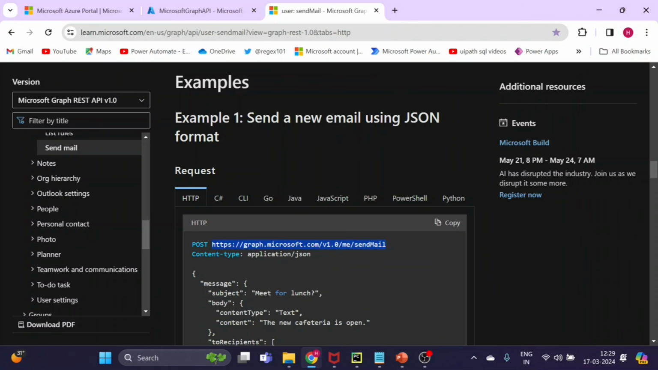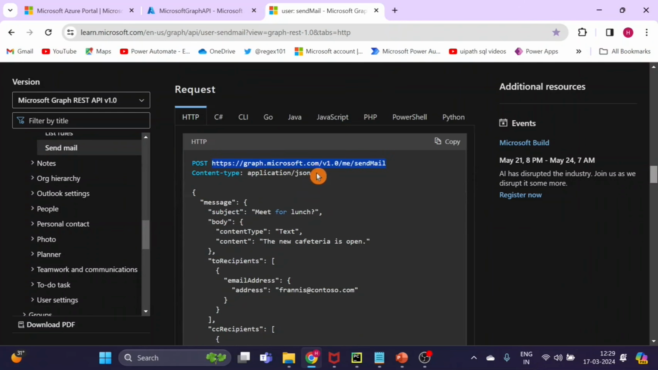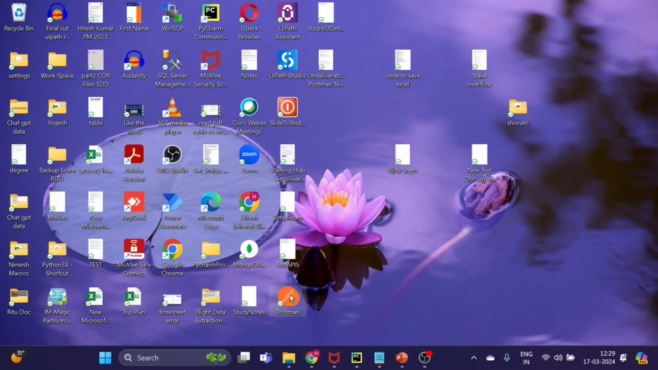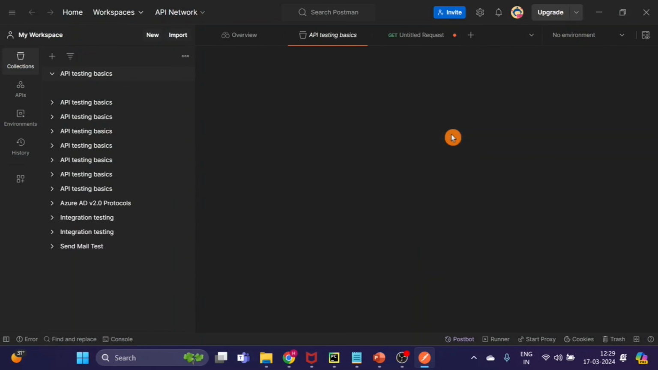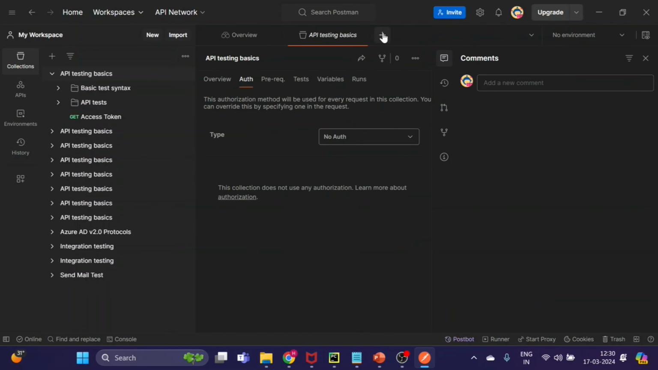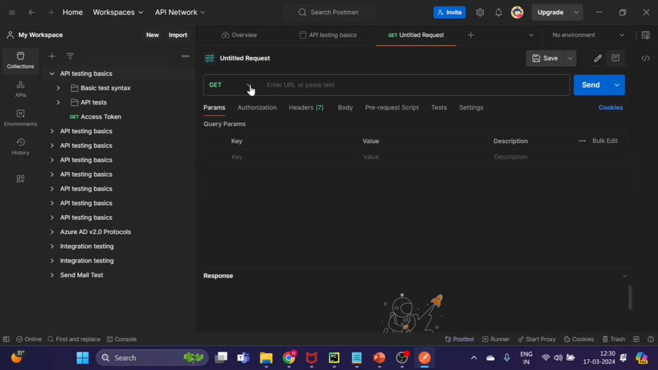And this is the link for the HTTP request, and this same link we will use in Postman client. And now you can see the content type, and this is the email body. Remember one thing, that after Postman we are going to see this implementation in Python also. Open a new tab, select post method, paste the URL,